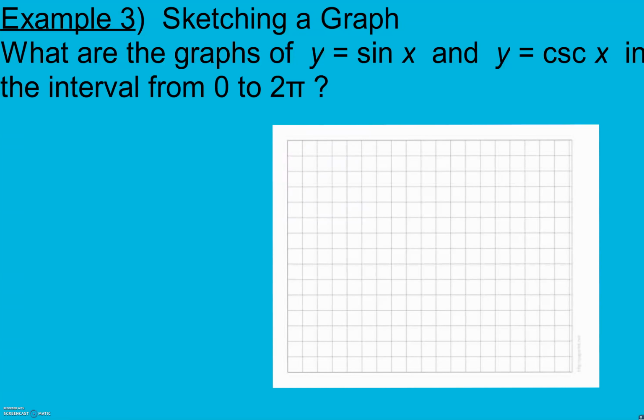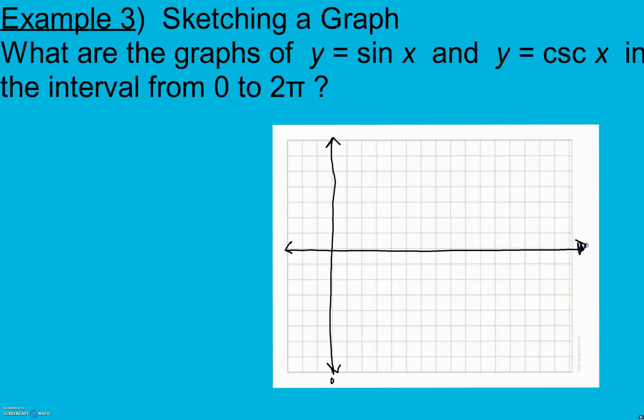Finishing up section 13.8 here, example 3 is sketching a graph. What are the graphs of y equals sine of x and y equals cosecant of x in the interval from 0 to 2 pi? So, first thing we're going to do is set up our graph. We want from 0